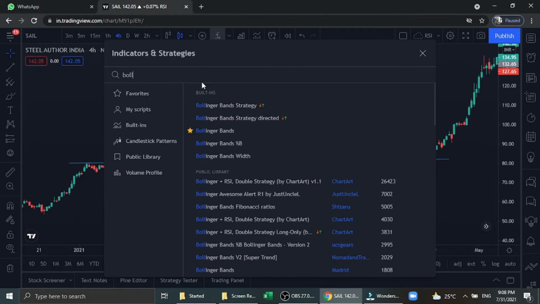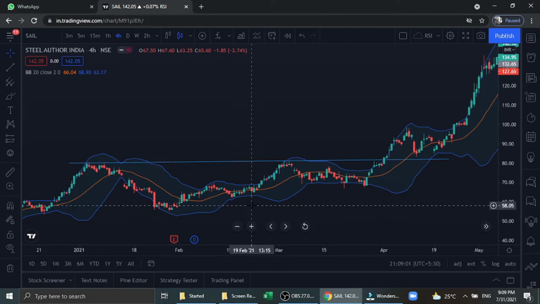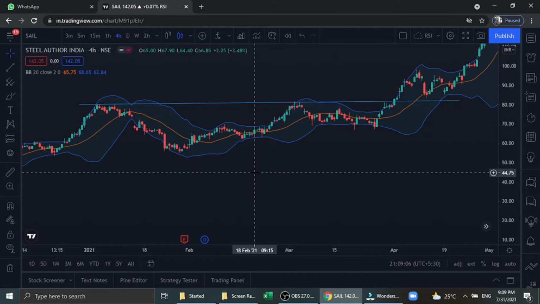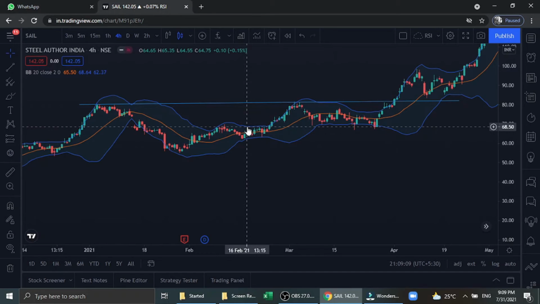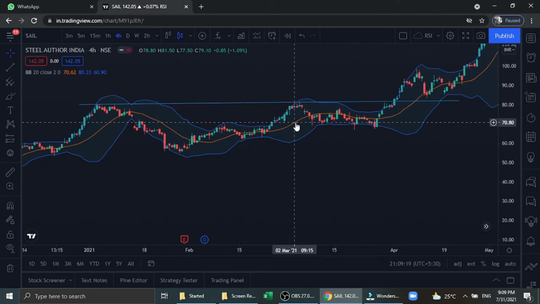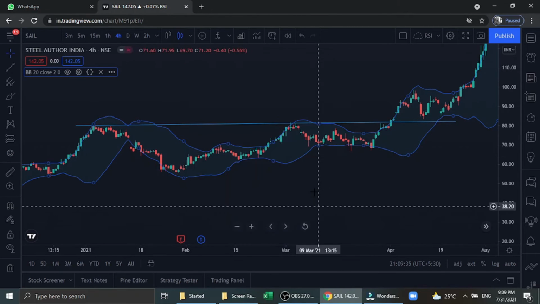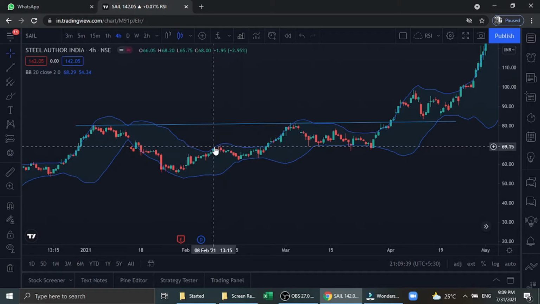Here we can type Bollinger, then you'll get many here, but Bollinger Band is the main one you can take. So once you apply this, the Bollinger Band indicator will have three important lines. The above line we call it as upper Bollinger Band, and the below line we call it as lower Bollinger Band, and the middle line we call it as basis of the Bollinger Band, nothing but 20-day moving average. And we can ignore the 20-day moving average right now and focus only on the importance of upper Bollinger Band and lower Bollinger Band to identify the momentum.